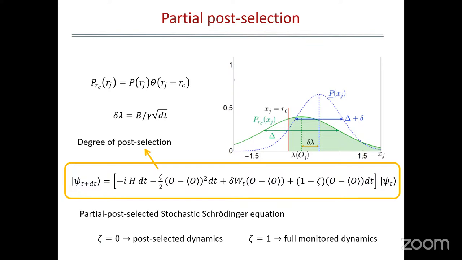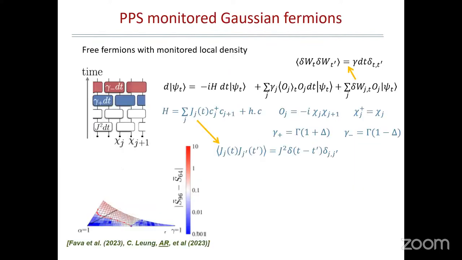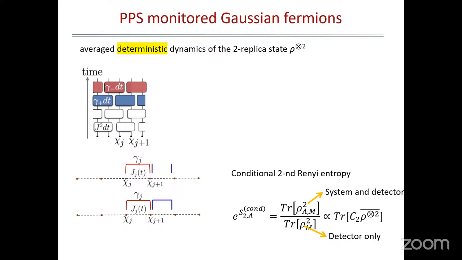What gives you a deterministic one is not the partial post-selection, it is the fact that you develop an effective theory for the environment entropy, or in this case for the conditional environment entropy, averaged. And for that quantity, you can write a deterministic equation because it's an average quantity. The price you have to pay is that you have to go to a larger space. You trade off the stochasticity for determinism, but with interaction in the larger space.